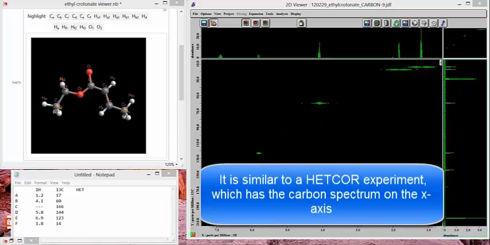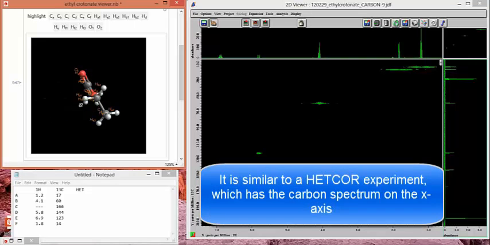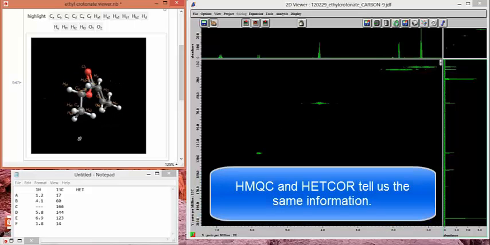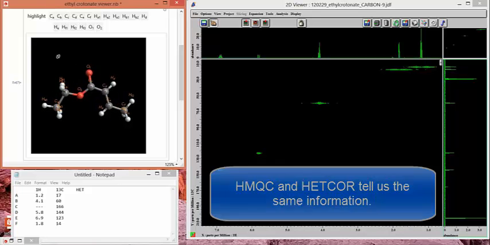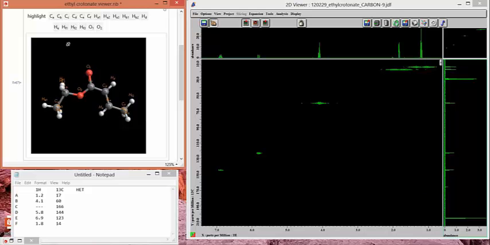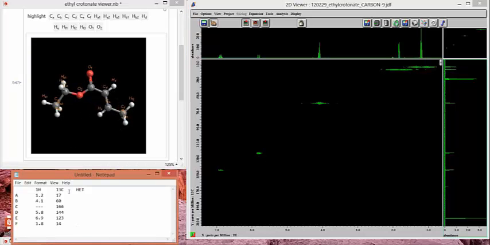We are looking at ethyl crotonate, which I've drawn right here, and I'm using a labeling scheme where the carbons are labeled A, B, C, D, E, F, and the hydrogens are labeled based on the carbon that they're attached to. So this is hydrogen HA, and there are 3 of them, and I've just labeled them numerically A1, 2, 3. And I've written down in the lower left-hand corner here the preliminary assignments that we made based on the one-dimensional